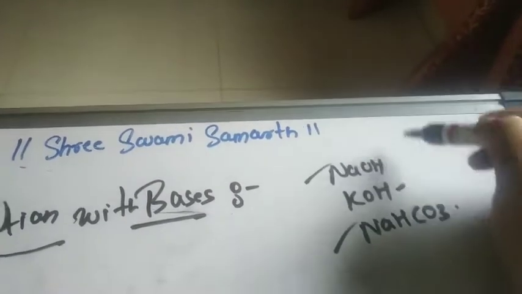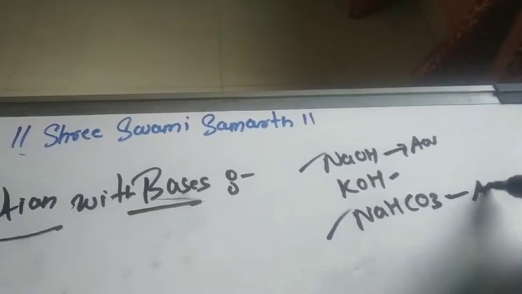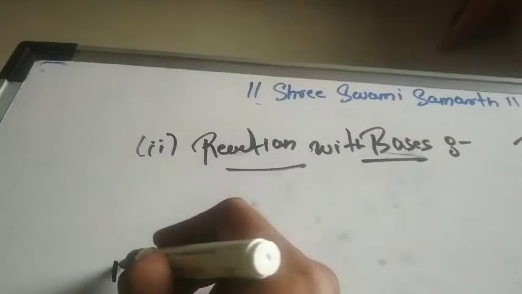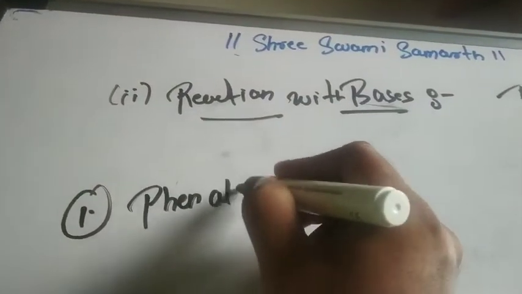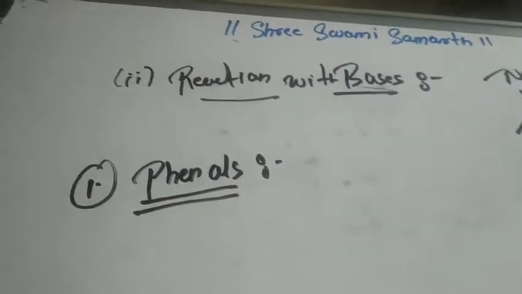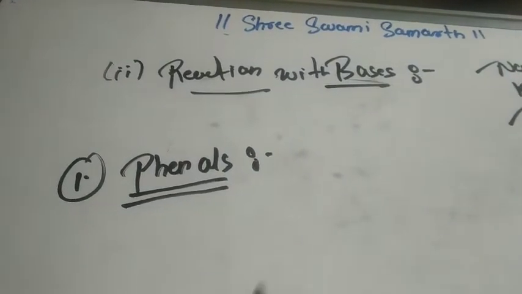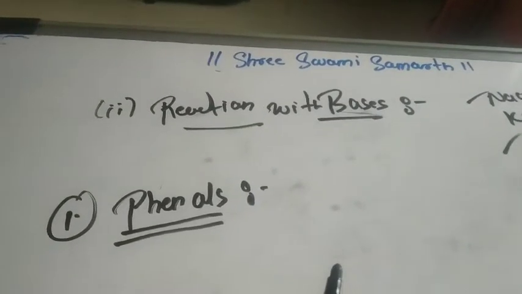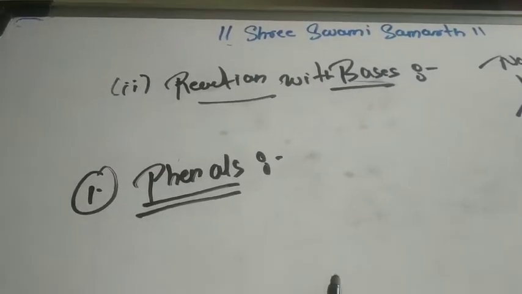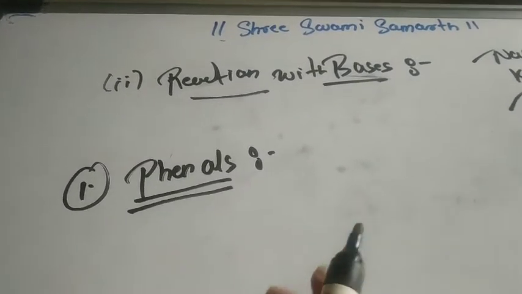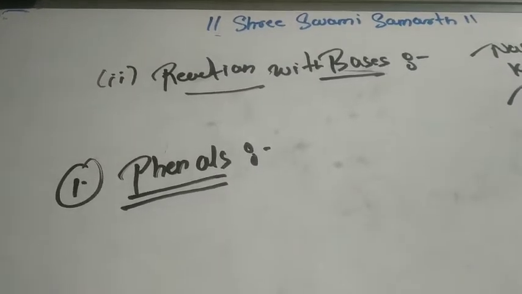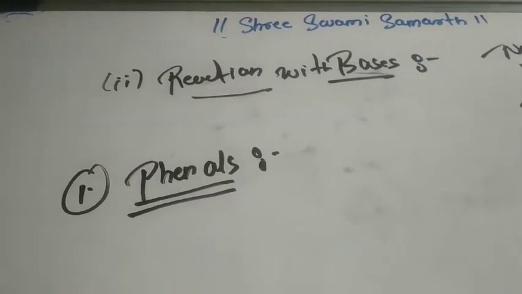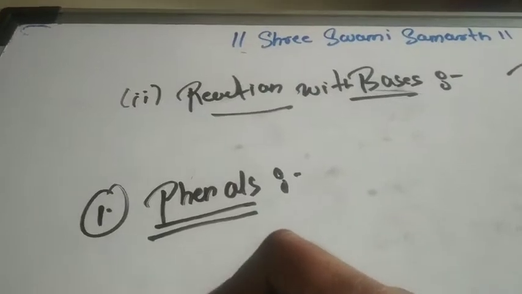This is a very, very strong base, right? We are talking about the aqueous base. Remember the aqueous condition. Right? So here let's talk about the reaction with the bases. So first we will talk about the phenols. You can note it down. Give the heading phenols. So in the case of phenols, the acidic strength of phenol is very less. So phenols cannot react with the NaHCO3, that is the sodium bicarbonate, but they react with the alkali, that is the NaOH. Right?